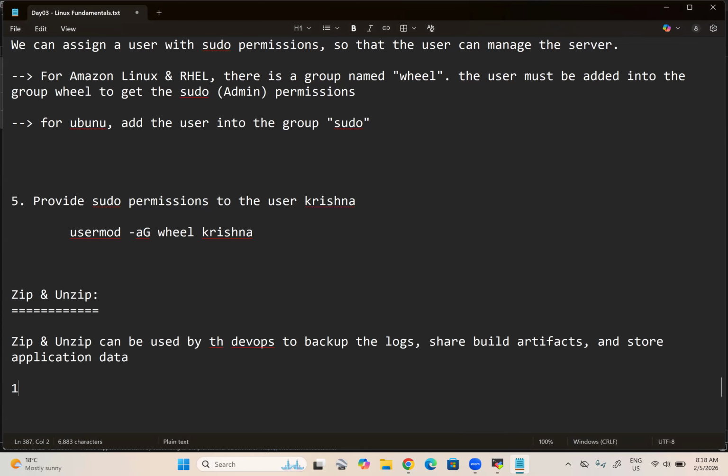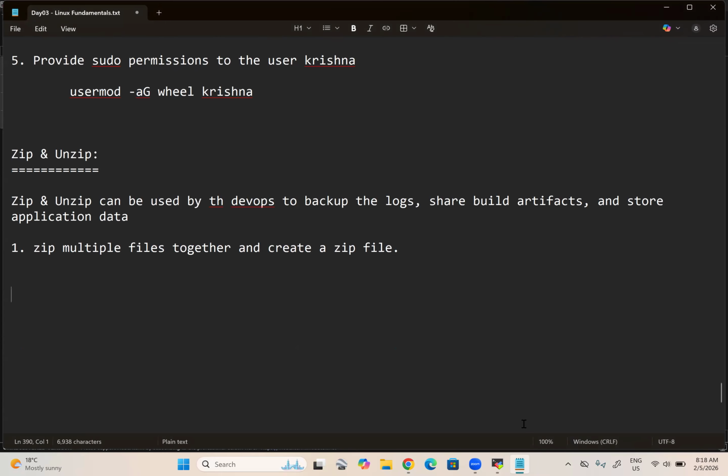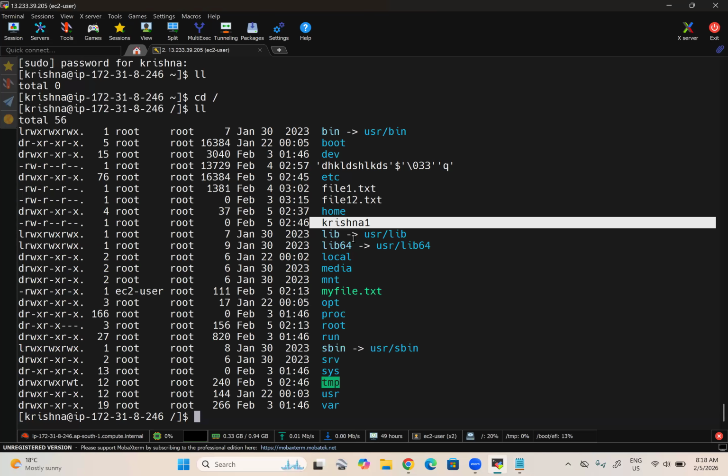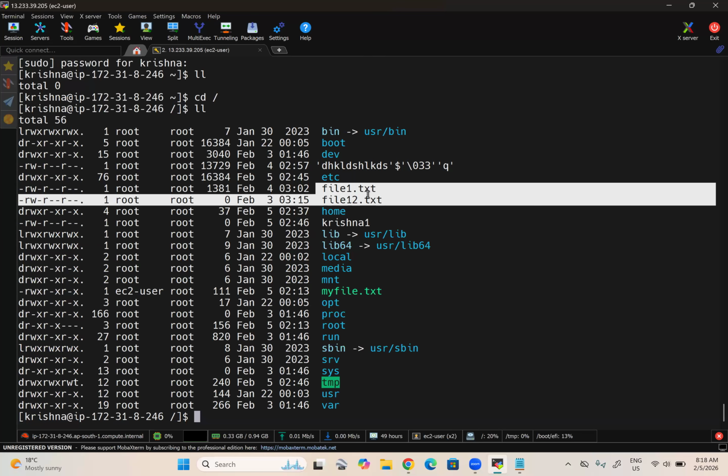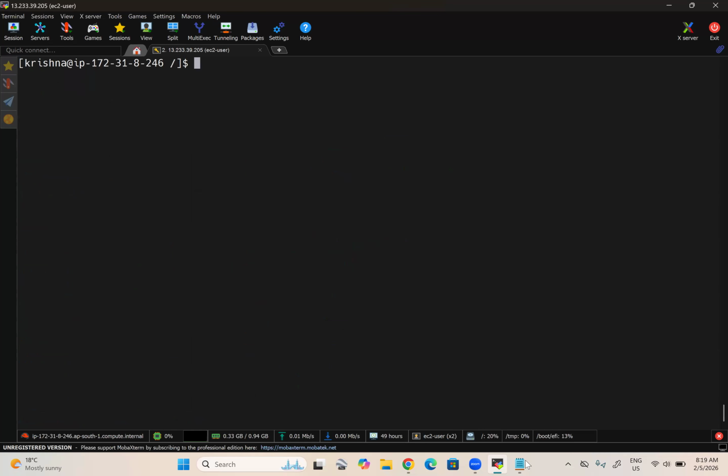So here, zip multiple files together and create a zip file. How to do that? Let me show you. Assume I have three files or two files. Do we have any? Yeah, these two, right? Let us zip these two together to create a files.zip. Okay, right. So now how to do that? The command is going to be